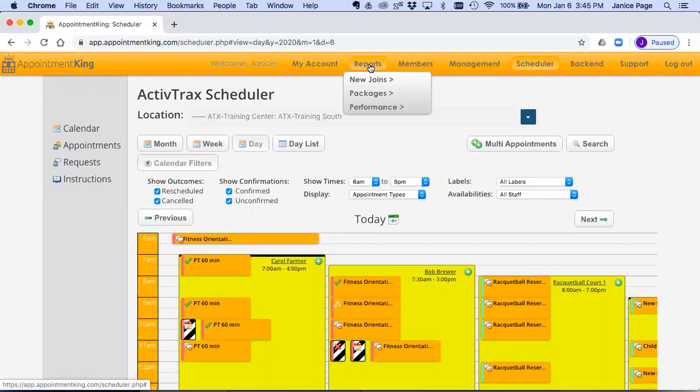So under reports, we have them broken down into 3 different sections. We have new joins, we have packages, and we have performance. Under new joins, you can go in and you can look at your onboarding. It will show you how many new members have joined over a period of time and how many of those new members have been scheduled for appointments during this time. You can also look at your enrollments, and I'm going to show you enrollments because